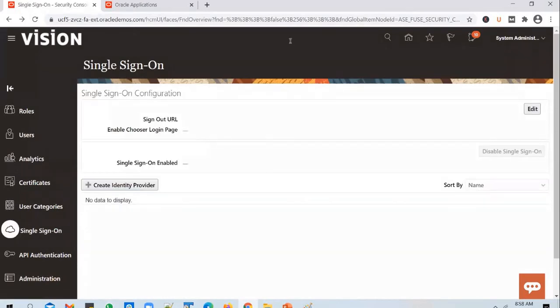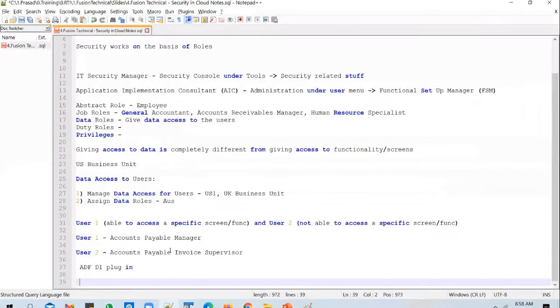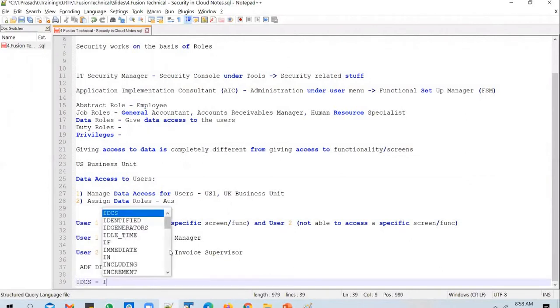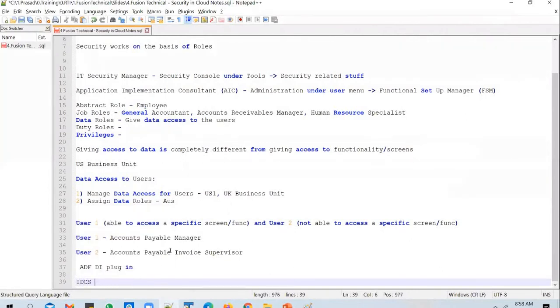And in some cases, some of the clients do want to enable single sign-on. And yes, when single sign-on needs to be enabled, it won't be you and me doing this job as a technical consultant. There will be an IDCS consultant. The IDCS consultant will be setting up the security.